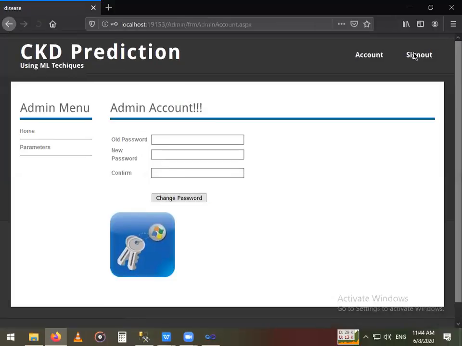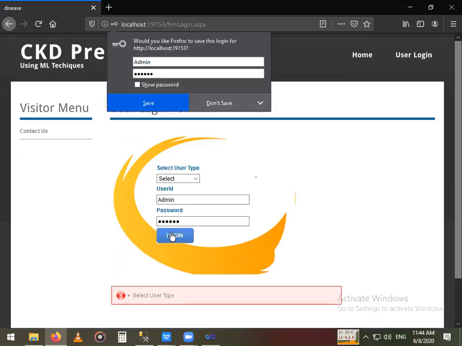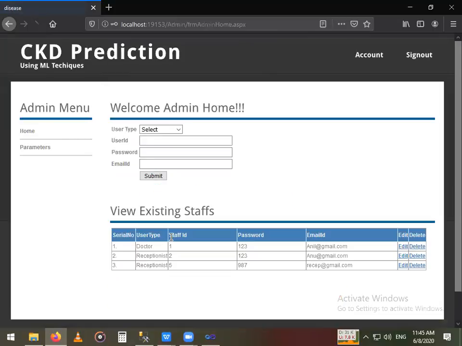Now try to sign out and log in again. After you change the password, it should redirect you to the login page. It should log you out automatically and then redirect to login. Yes, sir.